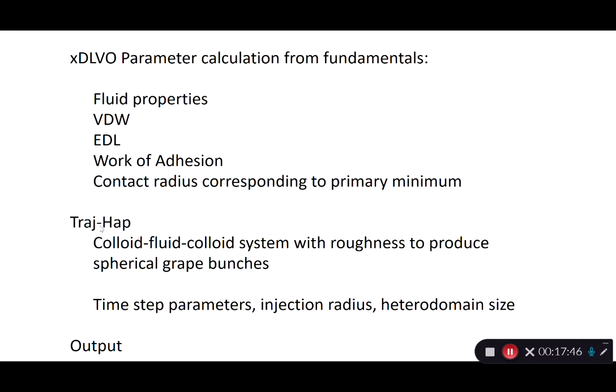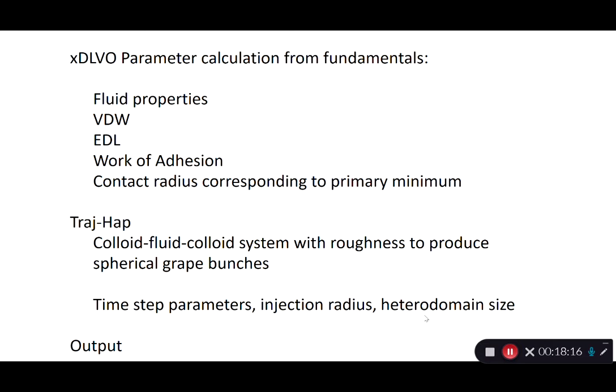So in doing that, one has to keep in mind that you're setting the time step parameters, so you're going to get junk if your time steps are too high. Your injection radius allows you to control how close to the axis you're injecting the colloid, in other words, to force it to go near the surface. If you're trying to quantify eta, well, you have to be careful about that, and I'll have a different video about quantifying eta. And then you control the header domain size that may or may not allow the colloid to